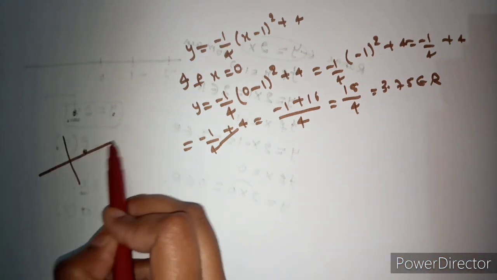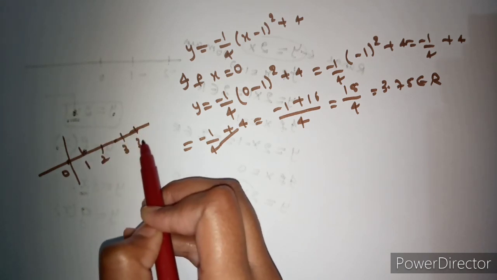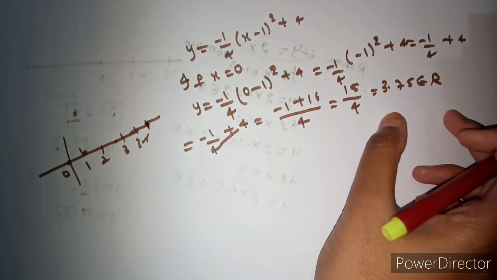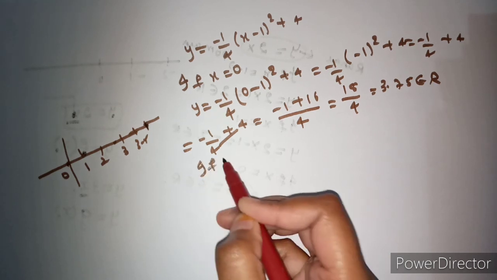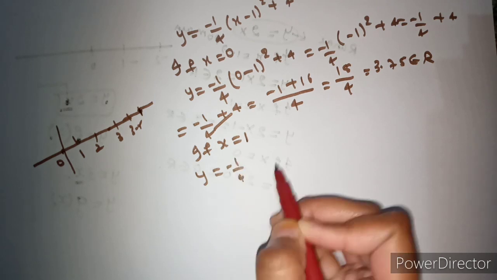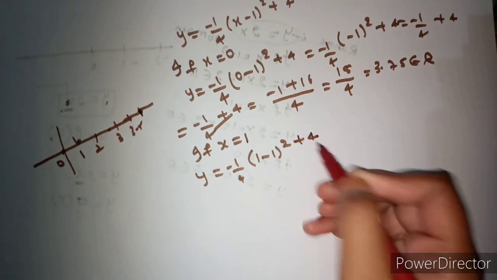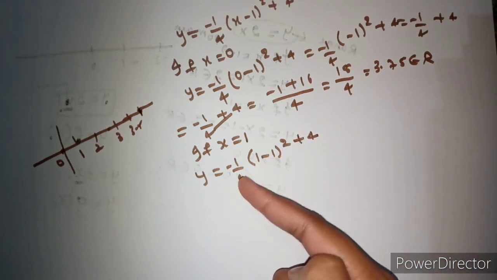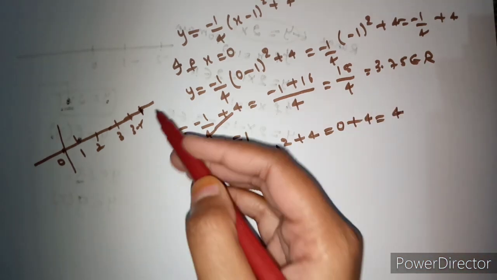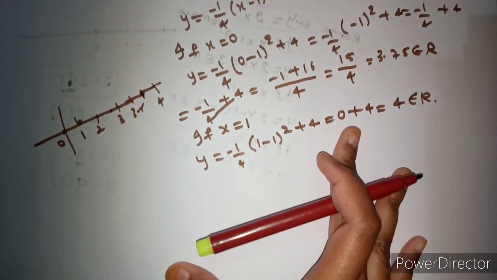So we can plot 3.75 on the number line, right? Here 0. Here we are going to have 1, 2 and 3. Here 3.5. Here somewhere you are going to have 3.75. So you can plot this on the number line. So this is a real number. Now I am taking x as 1. In place of x, I am putting 1. We get 1 minus 1, that is 0, plus 4. 0 into anything is 0. So 0 plus 4 is 4, and we can plot 4 on the number line. So this again belongs to real numbers, right?